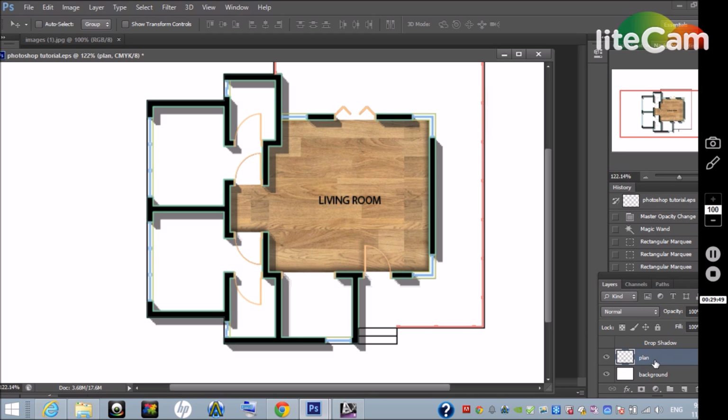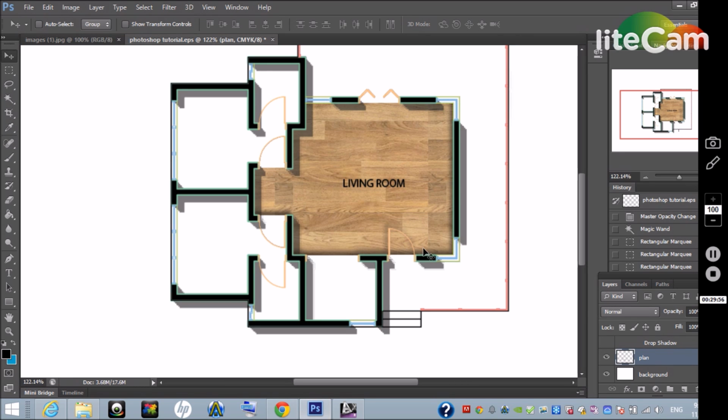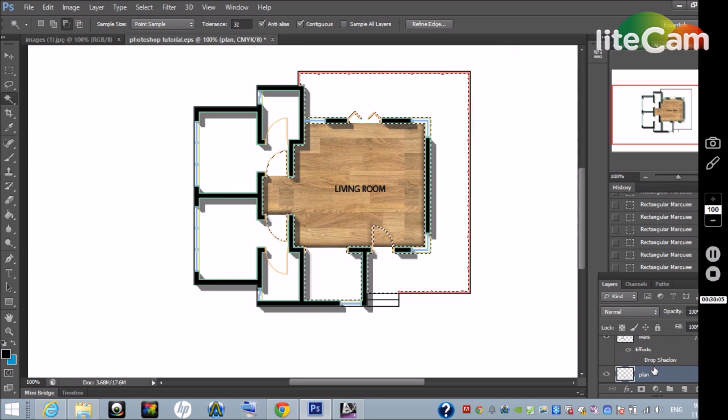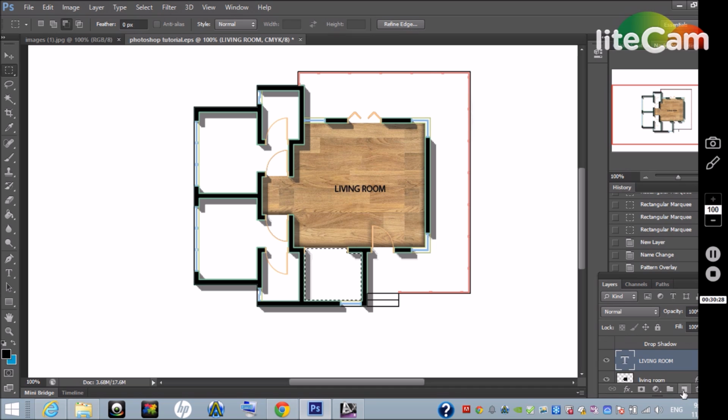Select the plan layer, and then the magic wand. Again, the magic wand selected a lot, so we're going to deselect using this tool. Okay, so after the living room, a new layer, kitchen,